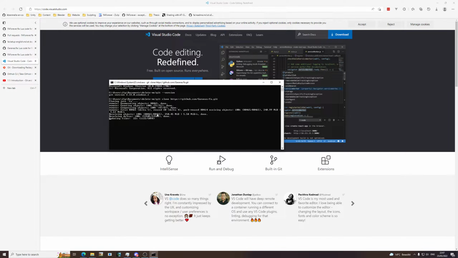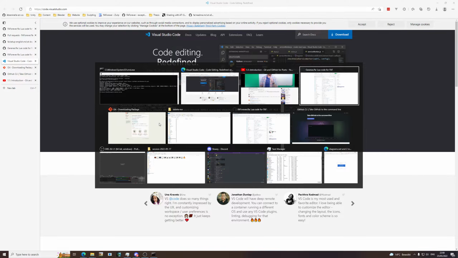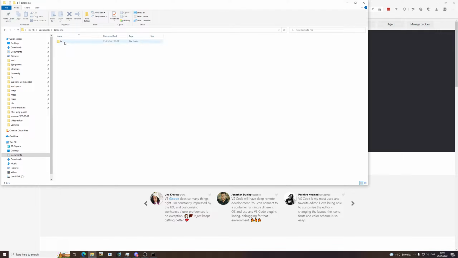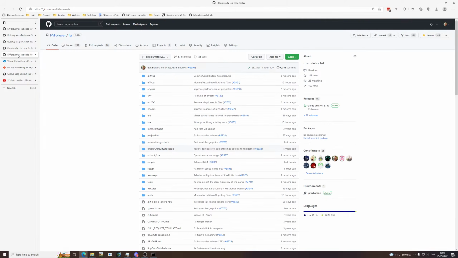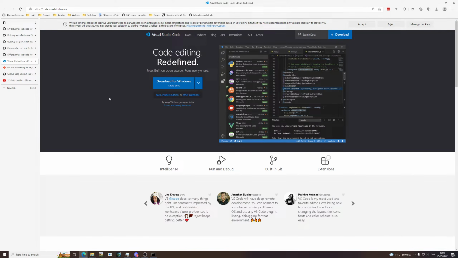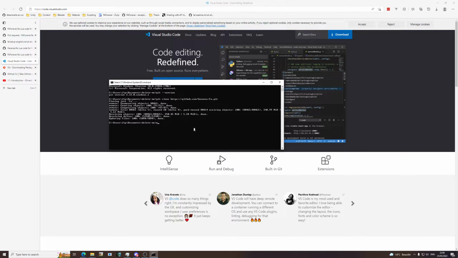Meanwhile, we downloaded all the information and everything's done. Now, what we did is we have this new folder called FA, and this is a copy of what we have right here. All right, so if we change directory, which is what cd stands for, it's an abbreviation, into FA, and then do git status,